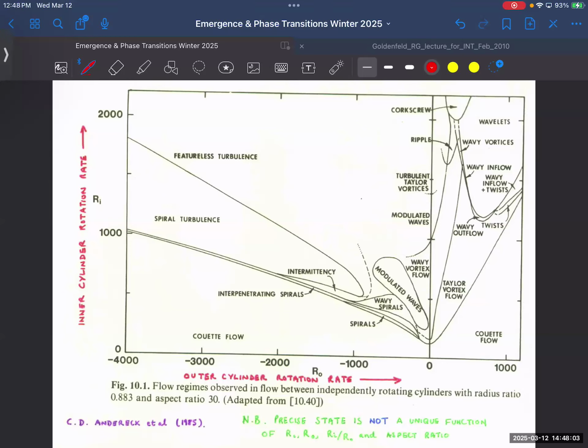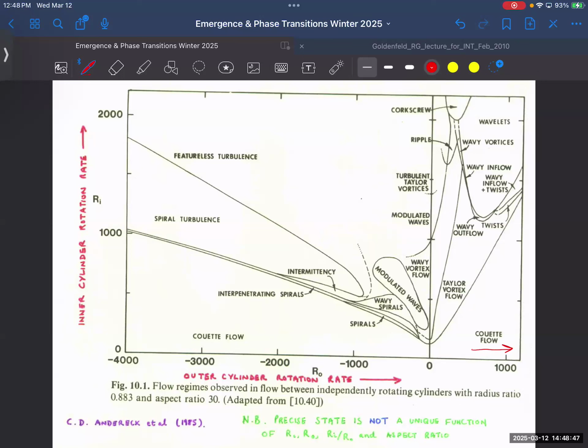And one of the things that we discovered actually in this system here is, as you go further in this direction, what happens is the fluid becomes Couette flow, meaning rotating like a regular body. What happens here is that you actually get a transition to turbulence,